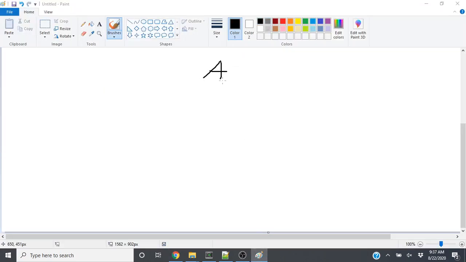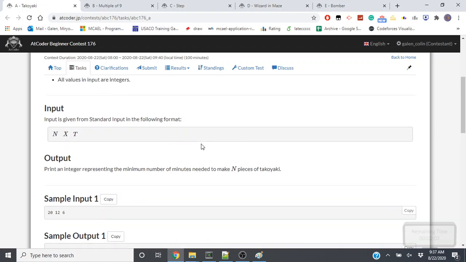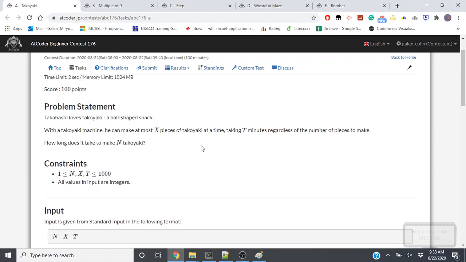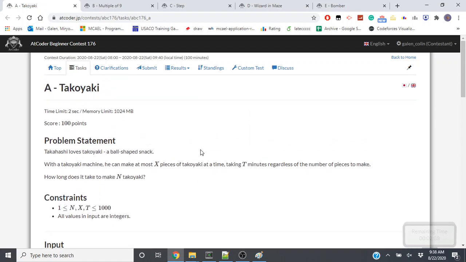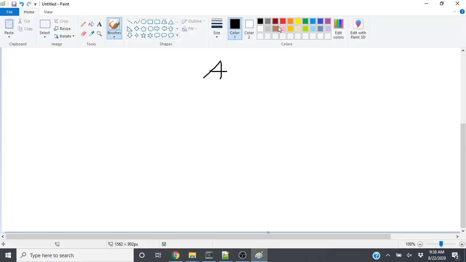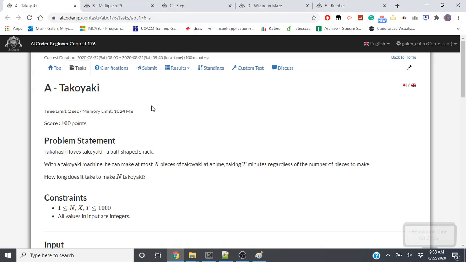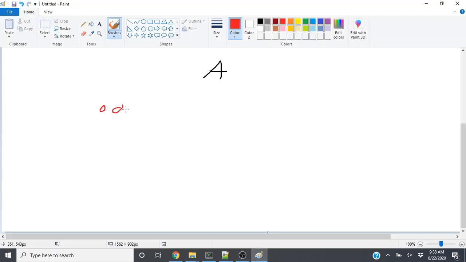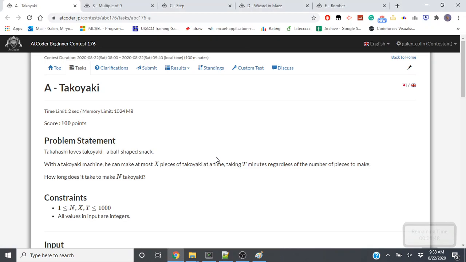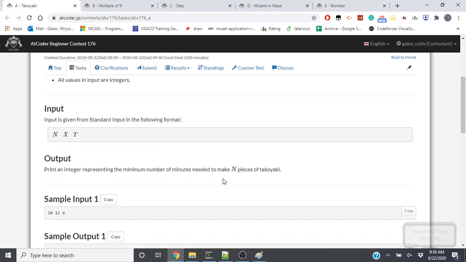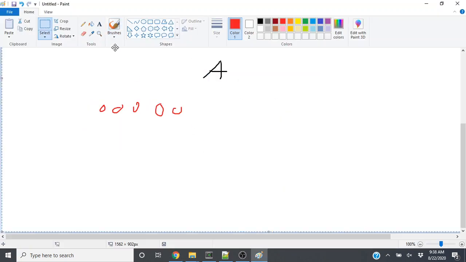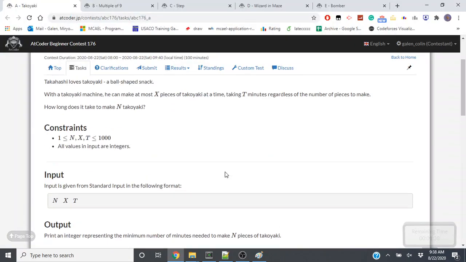let's do A. A is takoyaki. That's how you say that, right? So you have a bunch of pieces of takoyaki. Let's say you have 20. Is that what the sample is? Yeah, so let's say you have 20 of these. I'm not going to draw 20 of it. Let's say you have 20, right? So